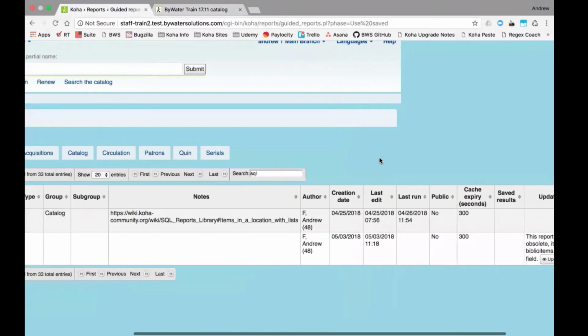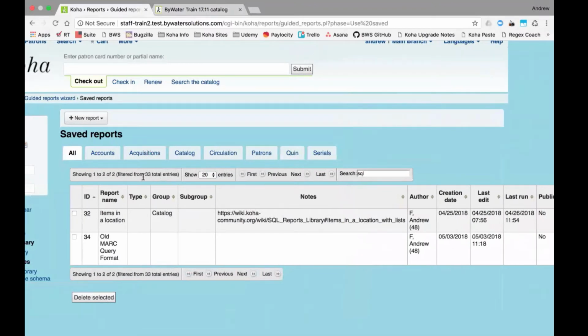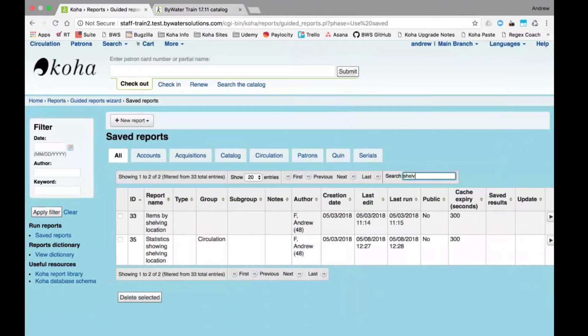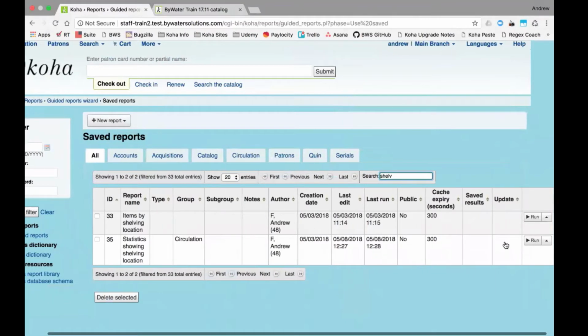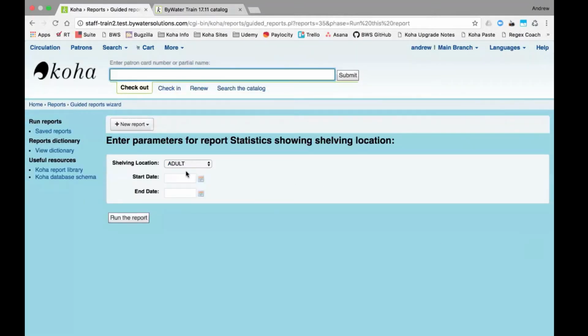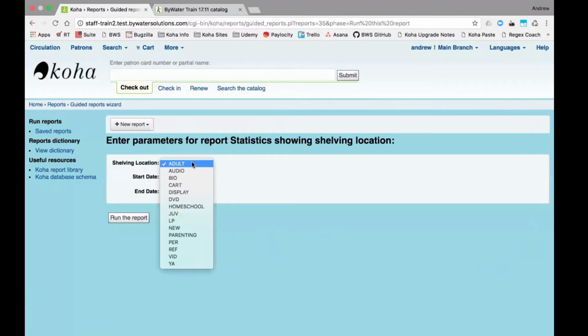The next thing on my list here is a nice change to the statistics table to make it save a little more data. The statistics table is now including shelving location for every checkout or renewal or check-in. Basically, it's recording the item's shelving location every time it saves a statistic. So the thing that immediately occurred to all of us that would be helpful about this would be tracking down items that were checked out from your displays,